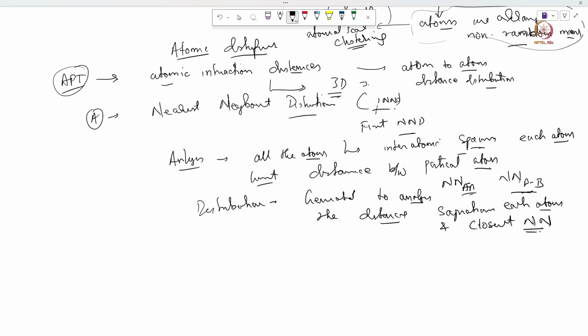Okay, so it generates the distribution to analyze the distances separating each atom from the closest nearest neighbor of that particular atom. Okay,